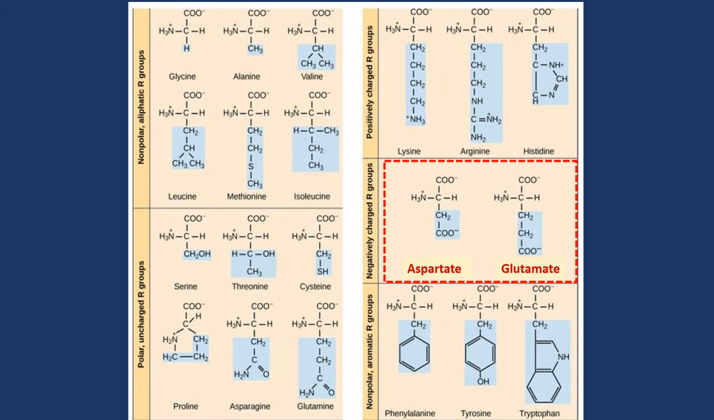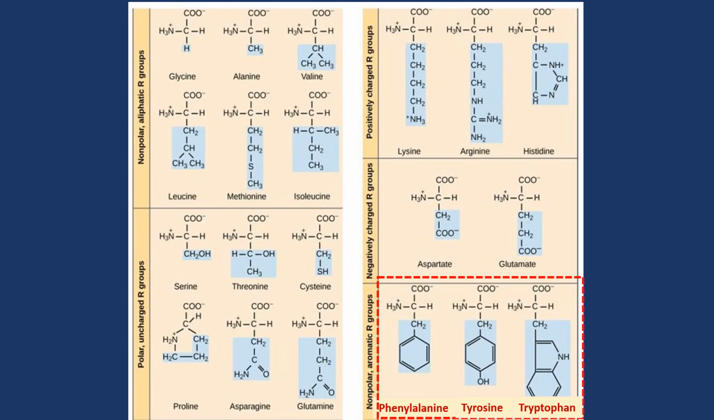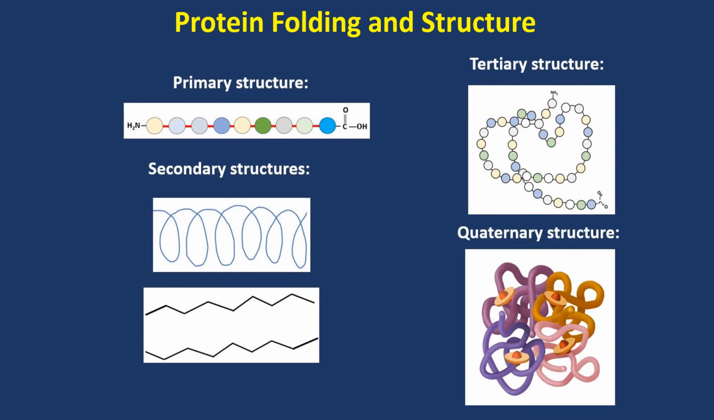Look at negatively charged R groups. Aspartate and glutamate have negatively charged side chains, which are also ionic. And here, non-polar aromatic R groups. This group contains amino acids like phenylalanine, tyrosine, and tryptophan, which have aromatic rings in their side chain, making them distinct from other groups. Proteins fall into specific shapes based on their amino acid sequence, and this structure is organized